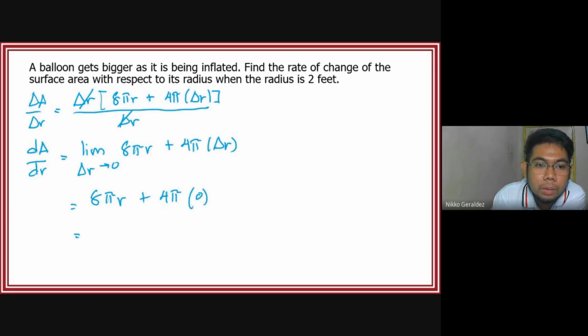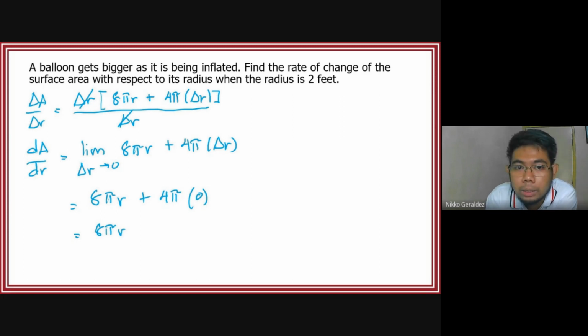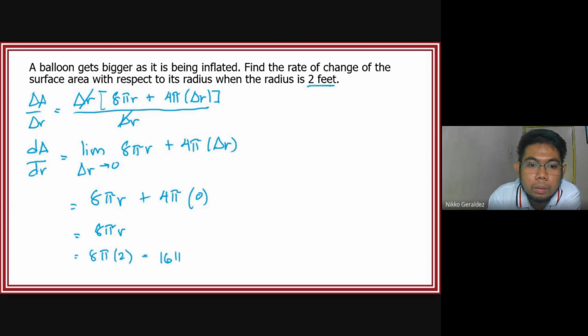So that is equal to 8 pi r. Then hinahanap natin, radius is 2 feet. So that is 8 pi times 2, equal to 16 pi. So unit natin is feet squared per